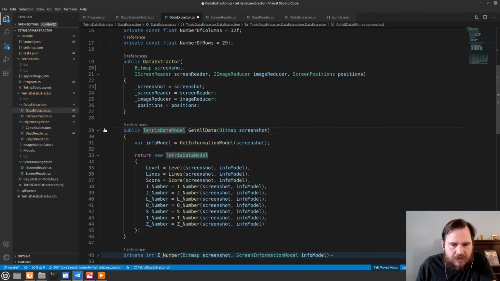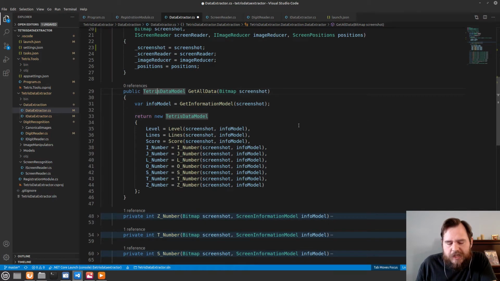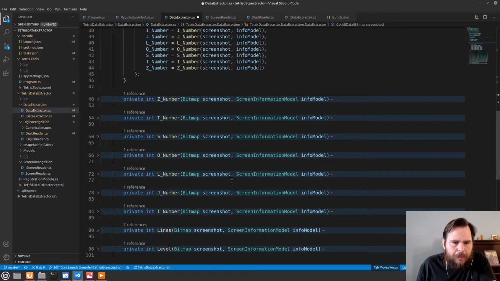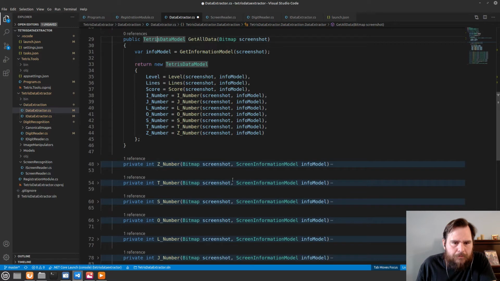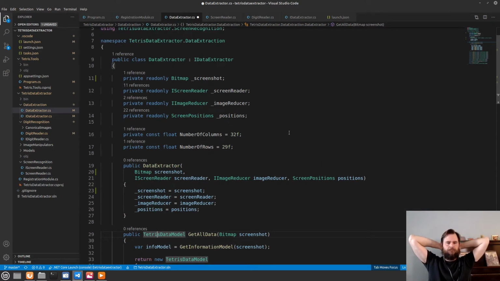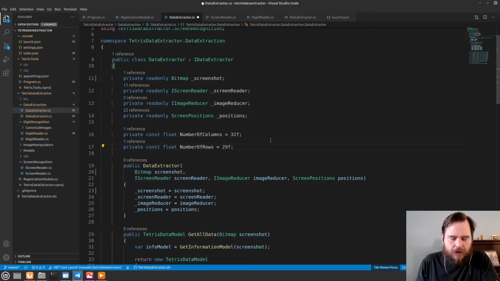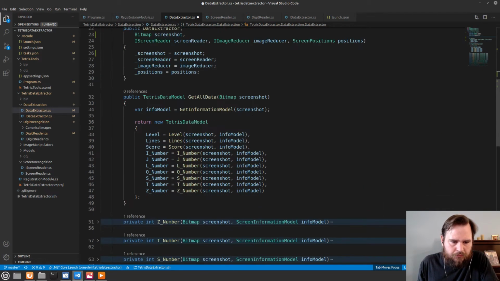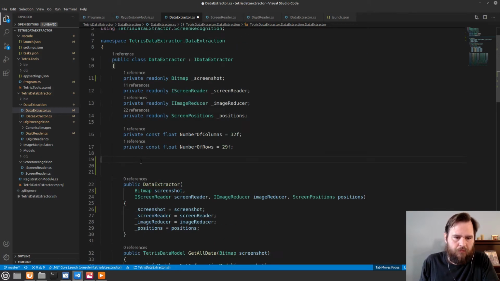See, right now we have this idea of a Tetris data model, which is fine. I think it's okay. I think the Tetris data model class might become redundant at some point. All right. So what I really want to do is we are going to have a series of properties. So on the data extractor,